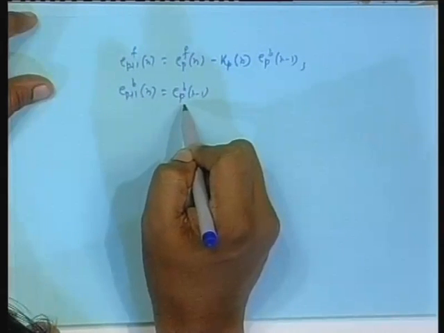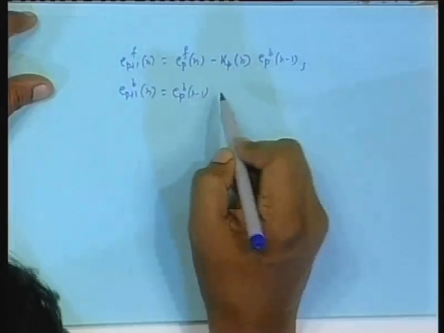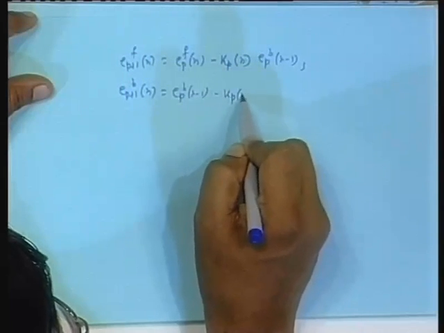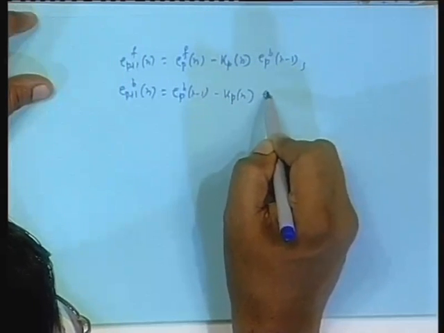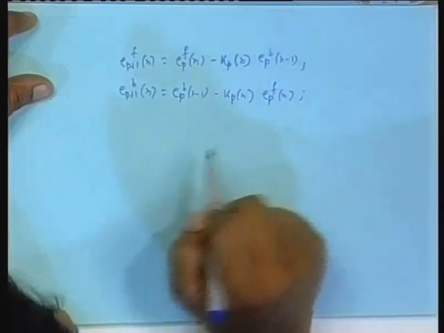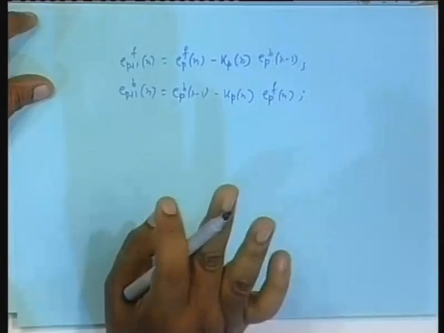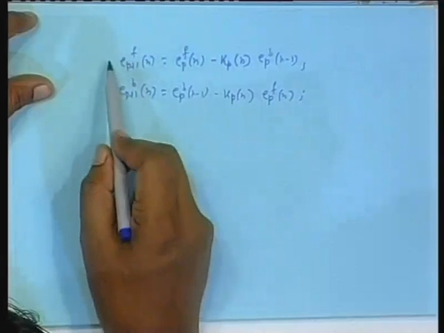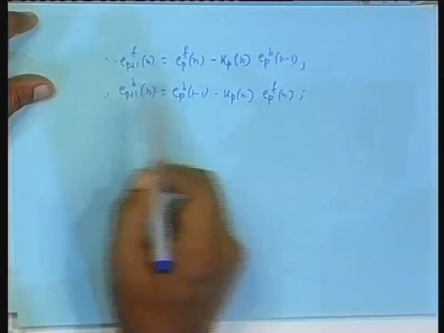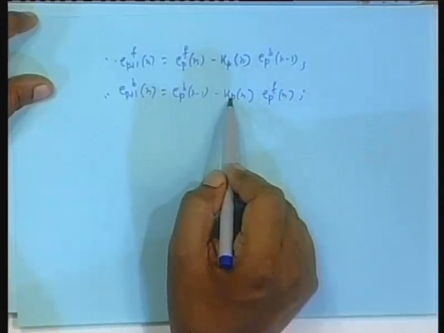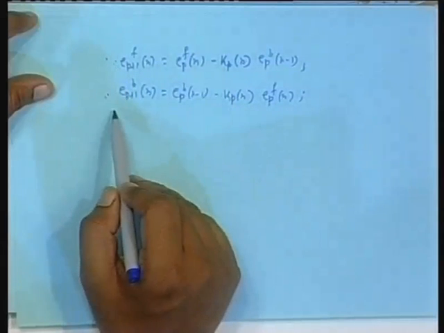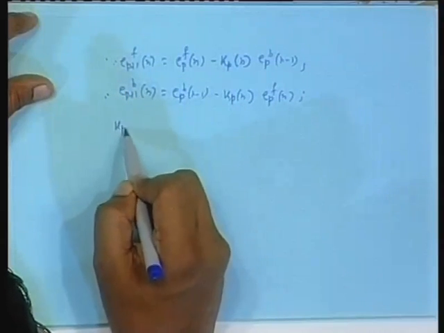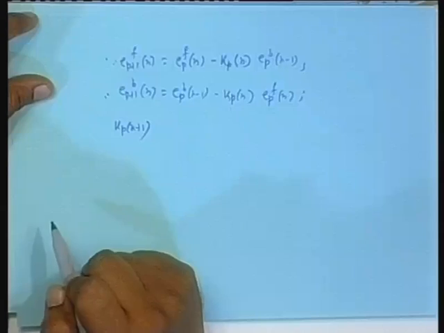Again, I am assuming that this is correct. EPBN minus 1 is the correct one. Again, Kpn, and then Kpn given. We are given Kpn. We calculated these two. We first calculate these two, then we march towards Kpn plus 1.